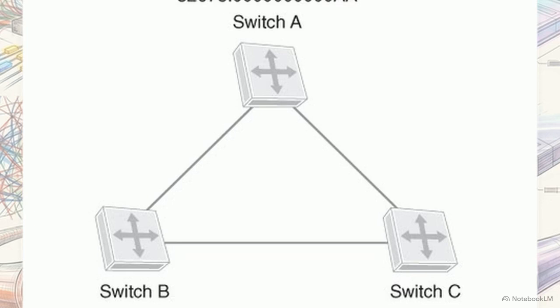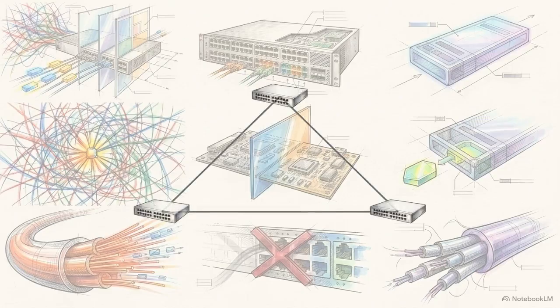Because Layer 2 lacks a time-to-live mechanism to drop aged packets, broadcast frames will circulate and duplicate indefinitely, triggering a broadcast storm if unmanaged. Switches use the Spanning Tree Protocol. They elect a root bridge, identify the lowest cost path, and place a block, the red X, on redundant links to break the loop. If a primary link fails, STP instantly restores the standby redundant path to maintain connectivity.